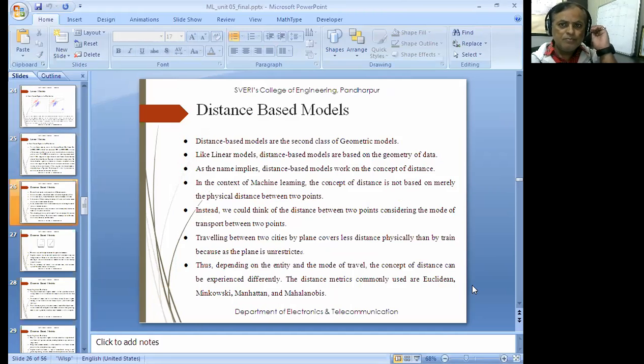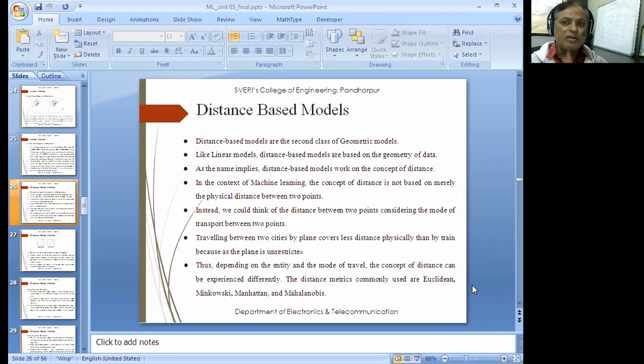So the linear models, what we have seen, is nothing but a linear combination of the inputs. That is y equal to ax1 plus bx2. Then we also calculated through the straight line, that is y equal to mx plus c. So f of x is equal to ax1 plus bx2. That is what the linear model is concerned. Now that was based on the linear combinations of the inputs.